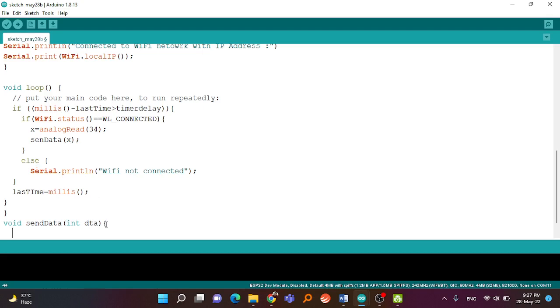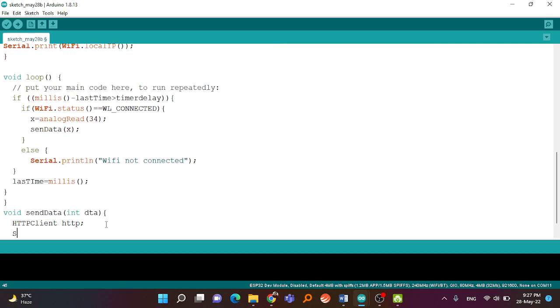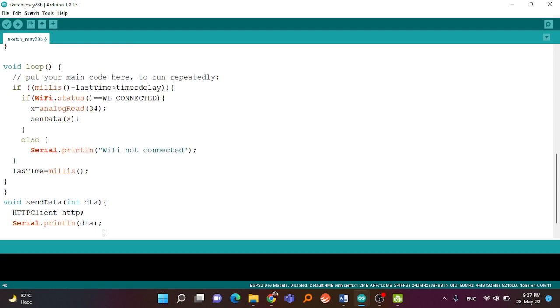So here what we are going to do, first of all I am going to initialize an object, HTTPClient. So I have declared one object for HTTP connection, and then Serial.println data. So this x variable is now assigned to data. I'm just printing it here inside this loop. So we need to know what data is going to be sent. Okay, so next I'll declare one more variable, String url is equal to